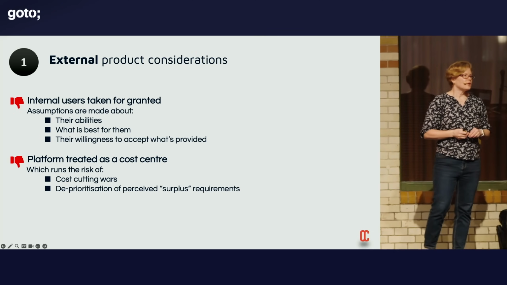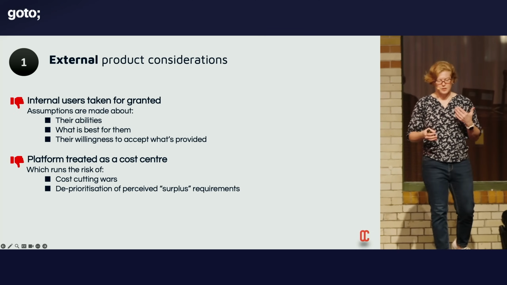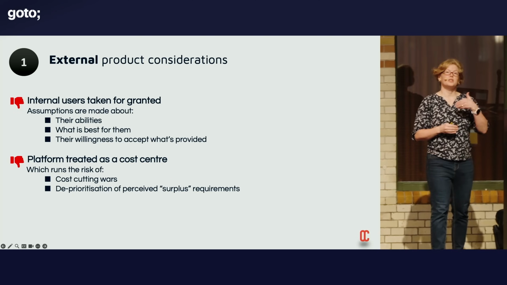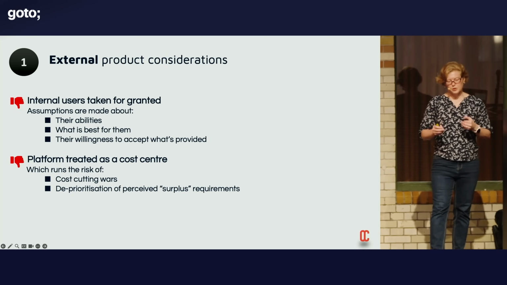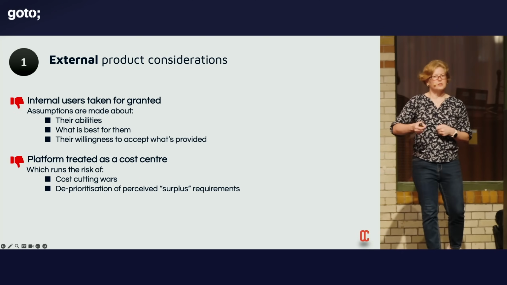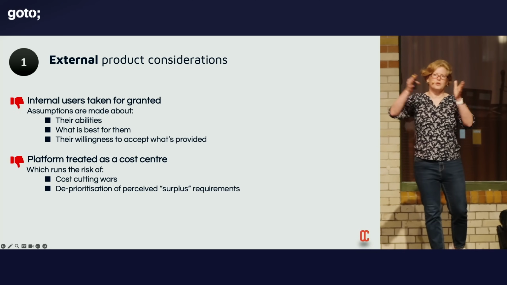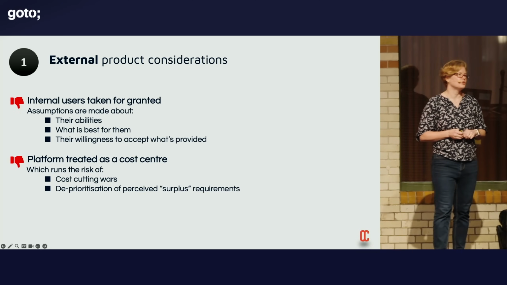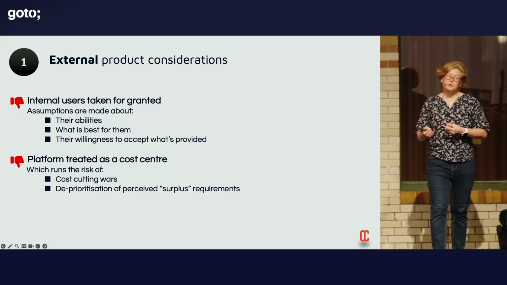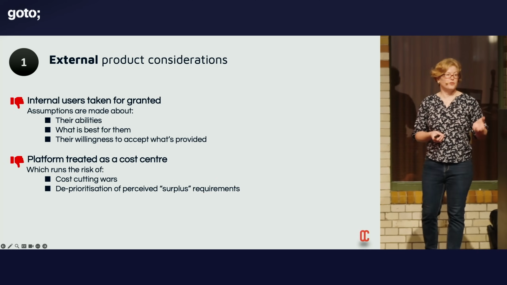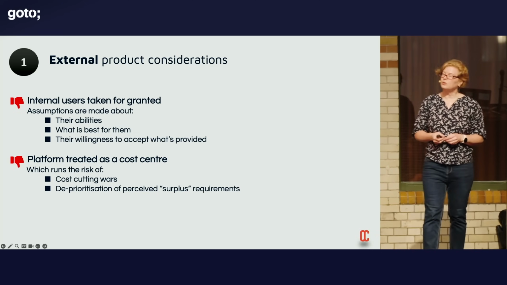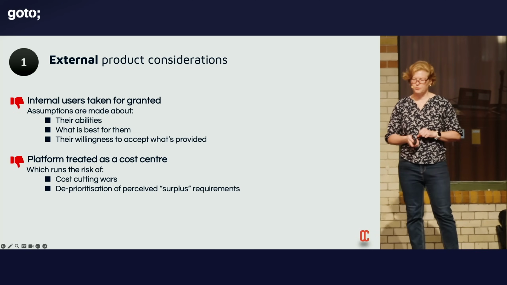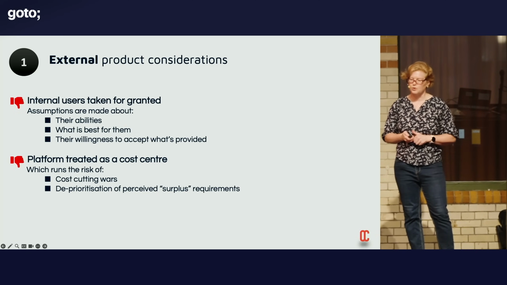So typically what happens in this case is that your platform will manifest as being run as a project rather than a product. And the focus will be on just delivering a certain amount of features to a particular deadline rather than looking at a whole product roadmap, etc. And the problem with this is that it runs the risk of having cost-cutting measures associated with it. And you need the whole platform engineering bundle to get it right.